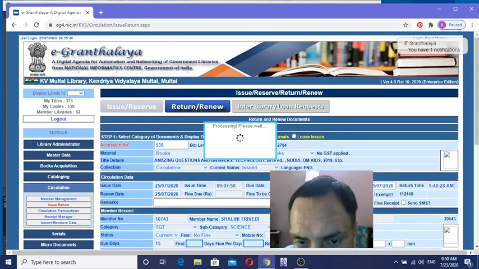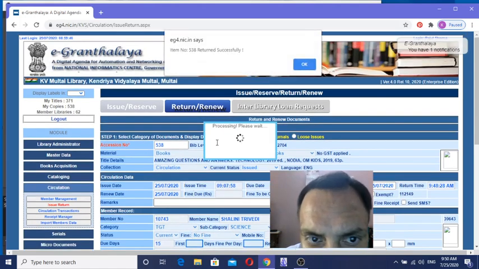And thus this book will be returned. See here, item number 538 returned successfully.